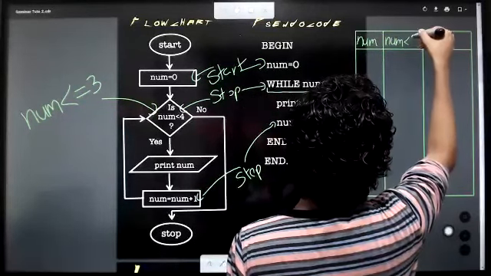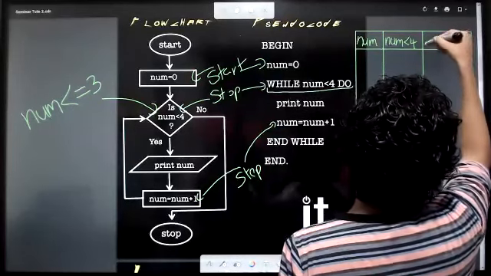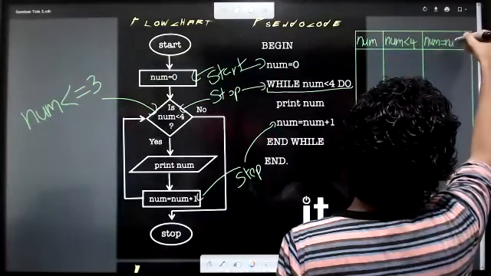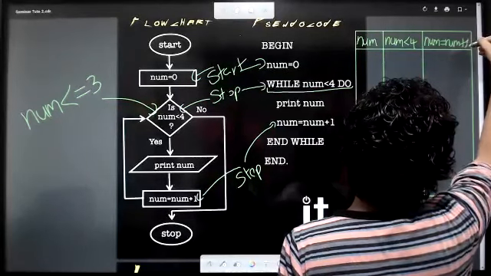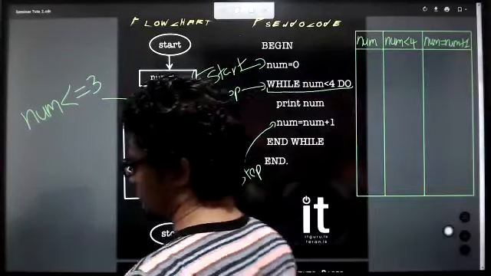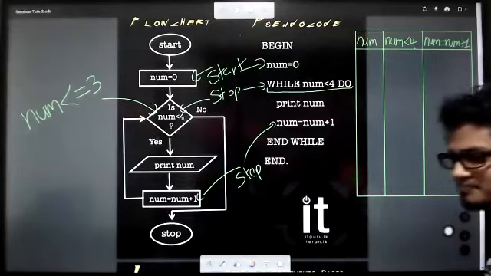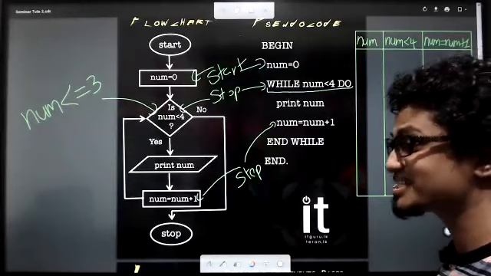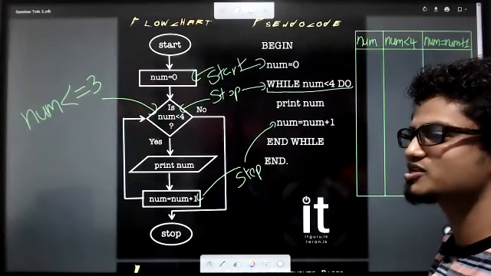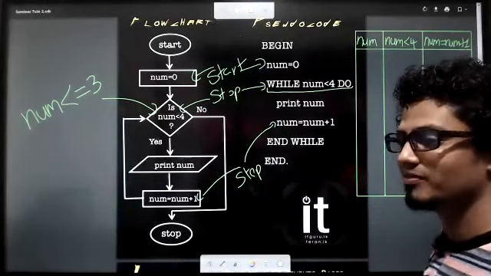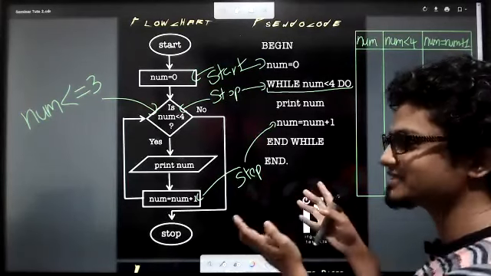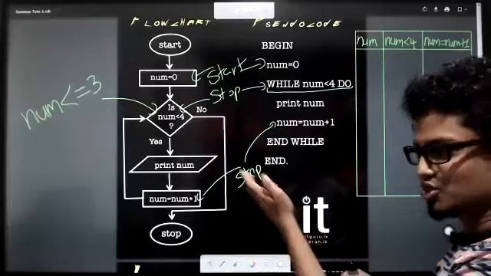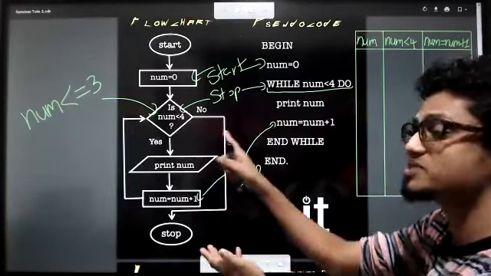Is this text clear to you kids? And also num equals num plus 1. Is this text clear to all of you? Yes or no? Superb. So this is the trace table. Some of them are asking, why are we drawing that? To understand a loop. If you cannot just look at a loop and understand it, you can simply draw a trace table, and then go through the loop step by step.